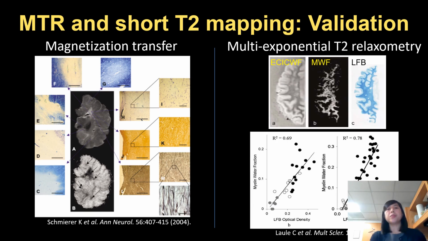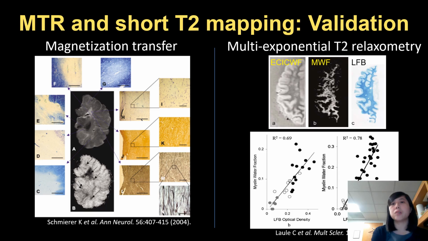So both MTR, MTSat, which I haven't shown here, as well as T2 mapping using multi-exponential T2 relaxometry have all been used to study myelin content and characterize lesions in multiple sclerosis. One of the most important aspects of this work in the past has been to validate that these various MRI metrics are sensitive to myelin and specific enough that they may be able to, say, detect areas of demyelination